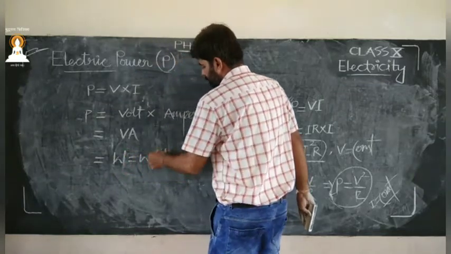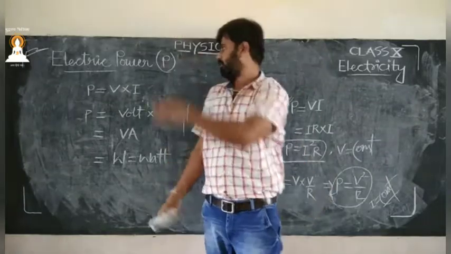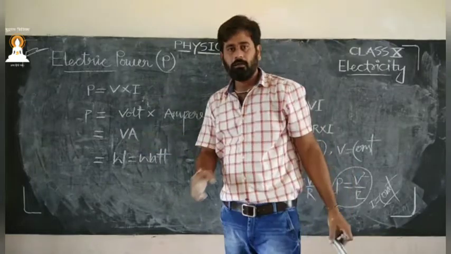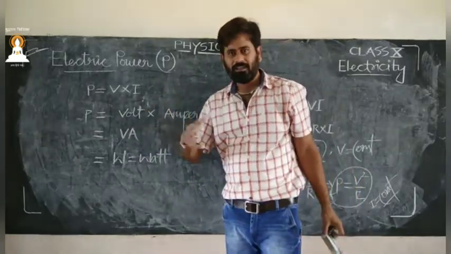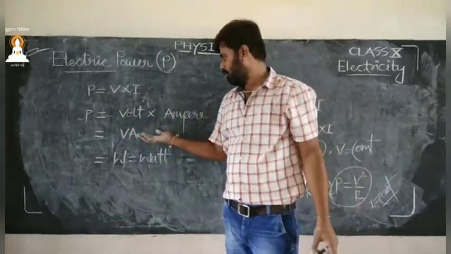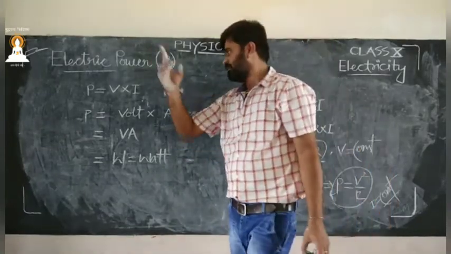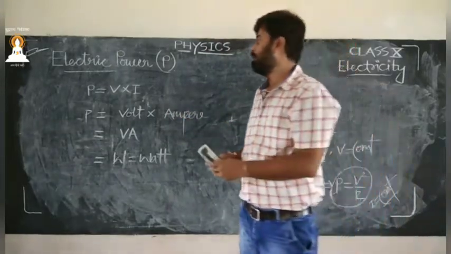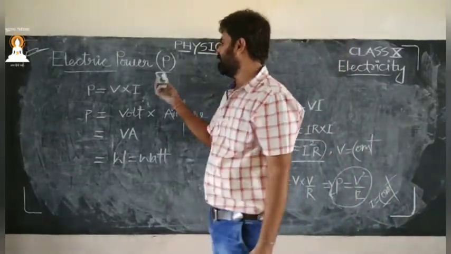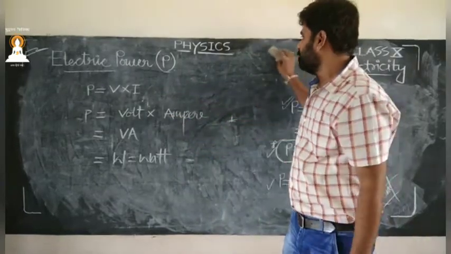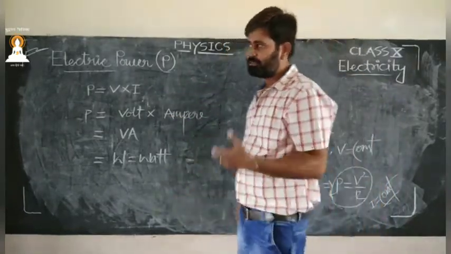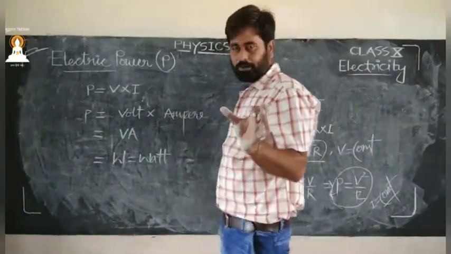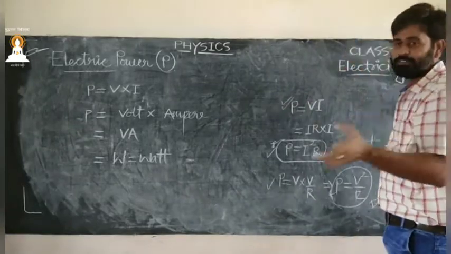When we used to go to any shop for buying a bulb, we used to say what? A 9 watt bulb, a 100 watt bulb, and like this. So that is watt, not volt. That is the wrong terminology which we use. Watt is nothing but the rating given on any appliance, which gives us the idea of how much energy will be consumed by that particular appliance in 1 hour. Okay, that is our unit.